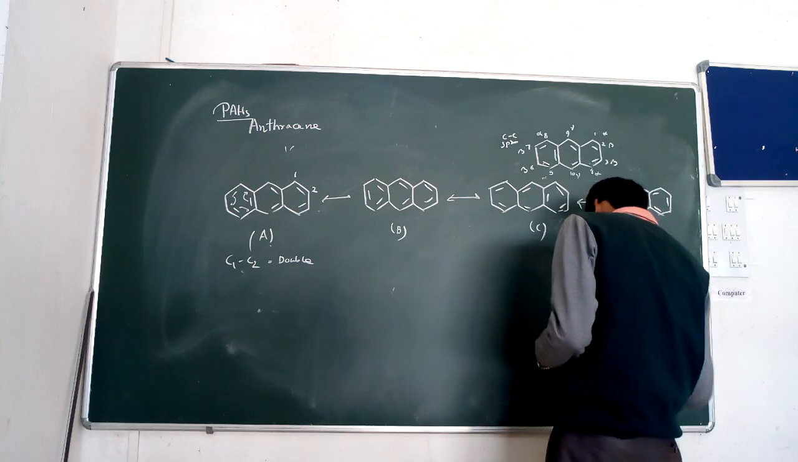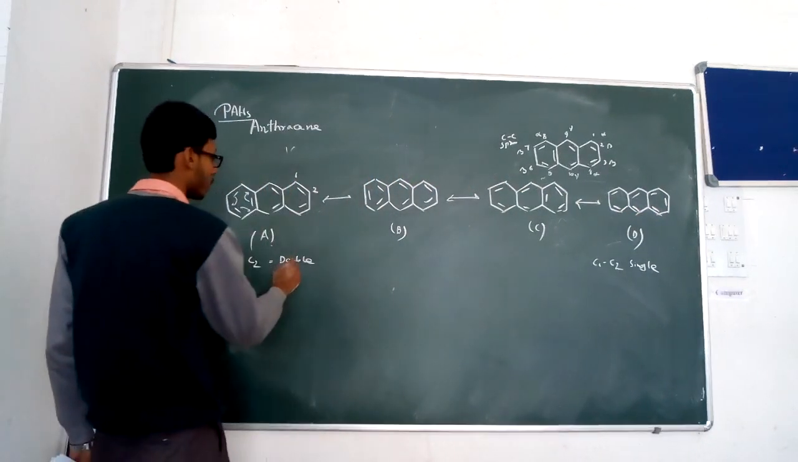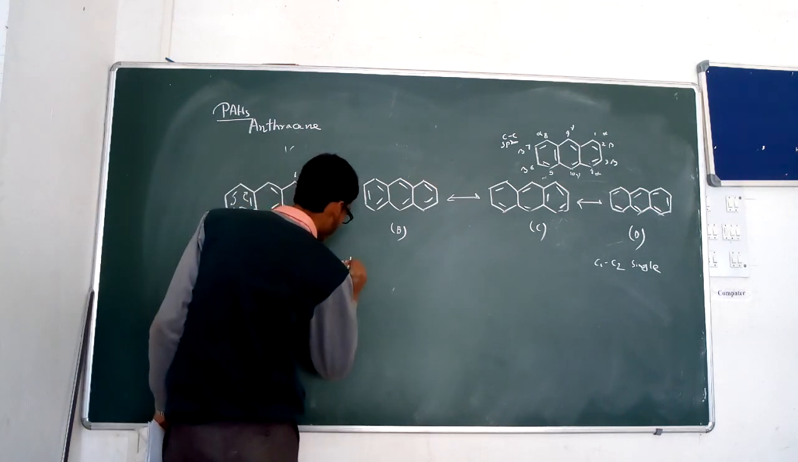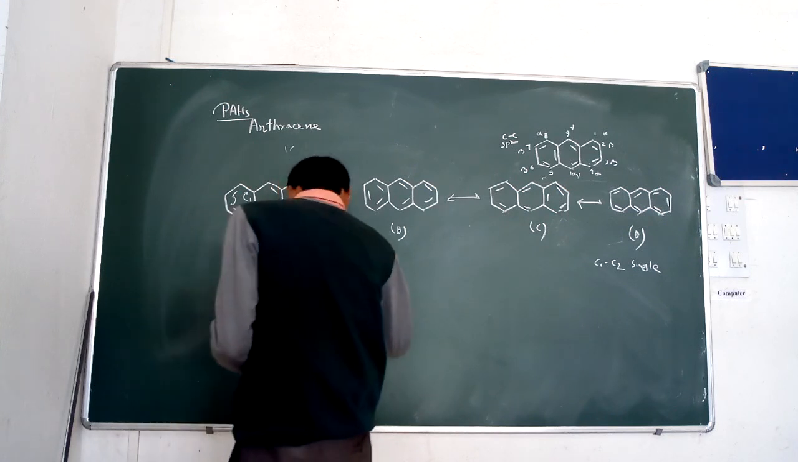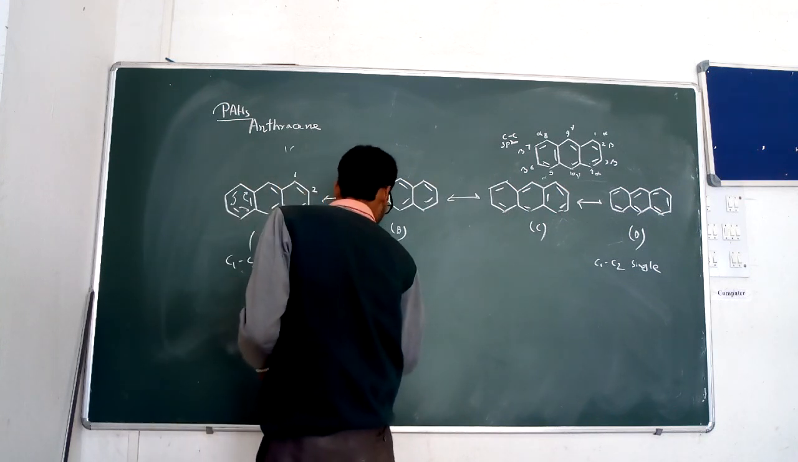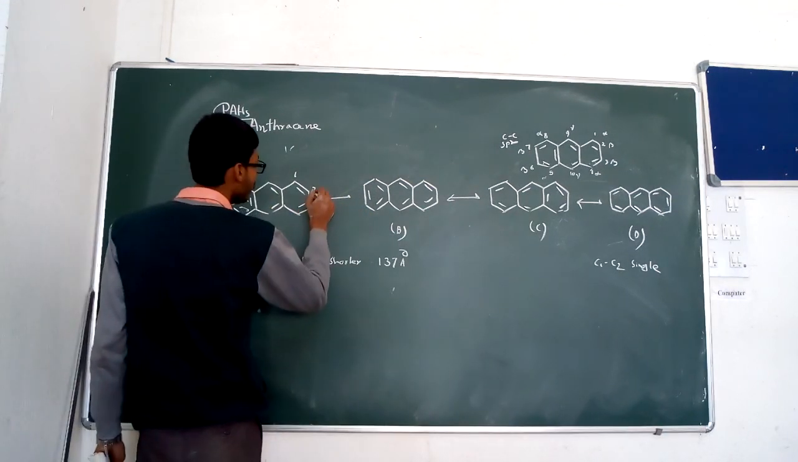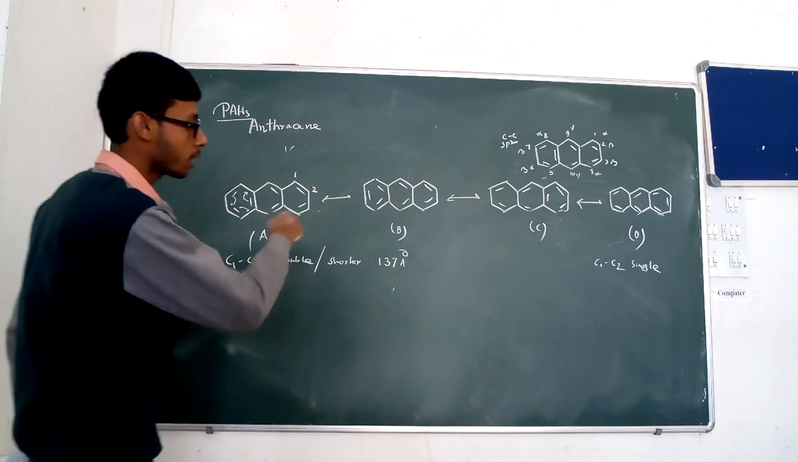So you can say that C1 and C2 have more double bond character, and double bond means shorter bond length. That's why C1 C2 has the shorter bond length, which is 1.37 angstrom. Whereas C2 and C3 contain more single bond character, because that is the reverse, you see that